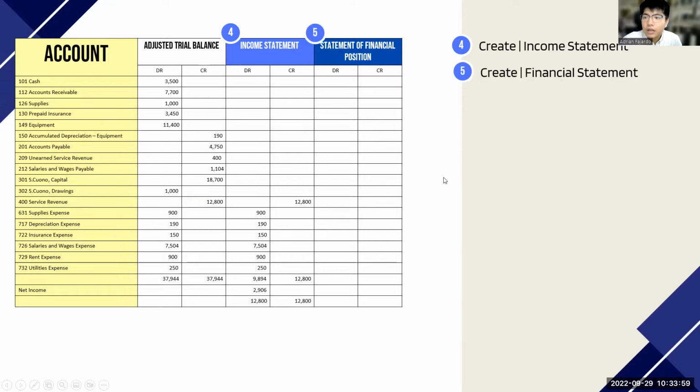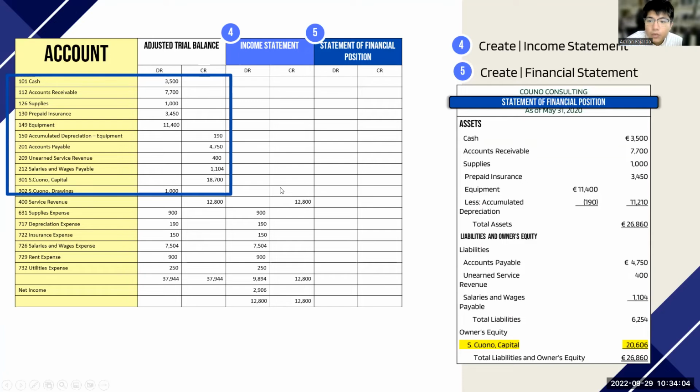And then finally, the fifth step is to create our financial statements, right? So similarly, we just look at from assets to your liabilities all the way to your equity. So we copy debit 3,500 all the way to 11,400, and then your credits 19,000 all the way to your 18,700 for Suno capital, and then your debit of 1,000, right? And then we total 28,050,